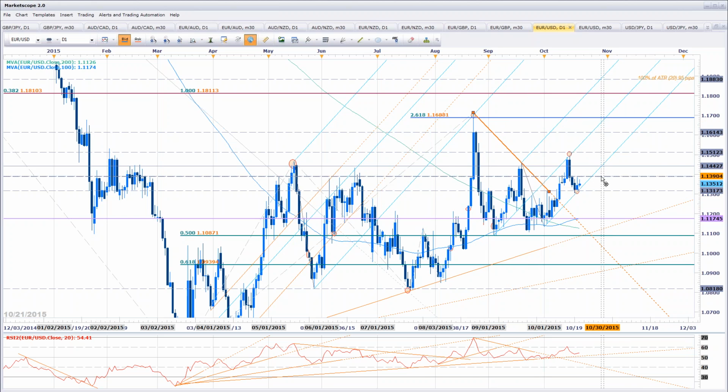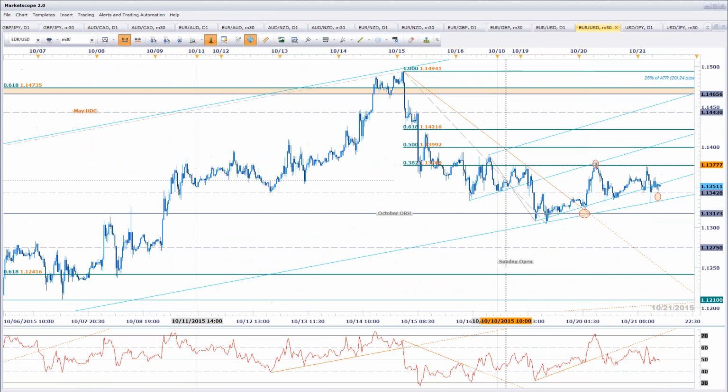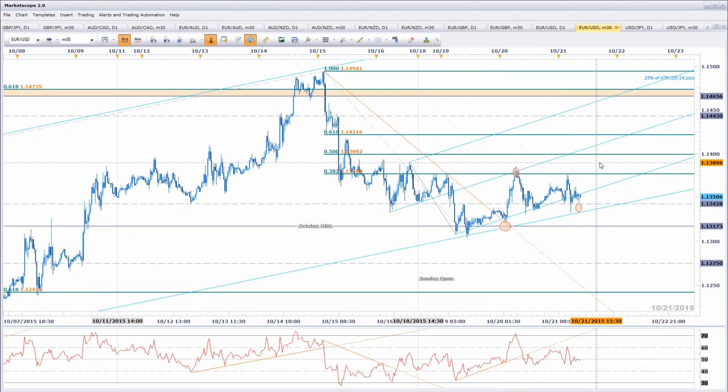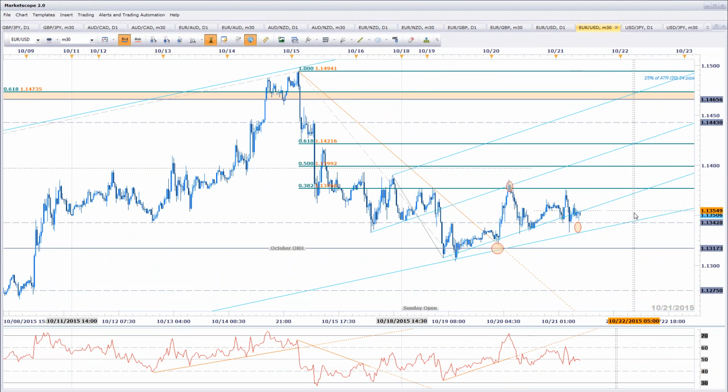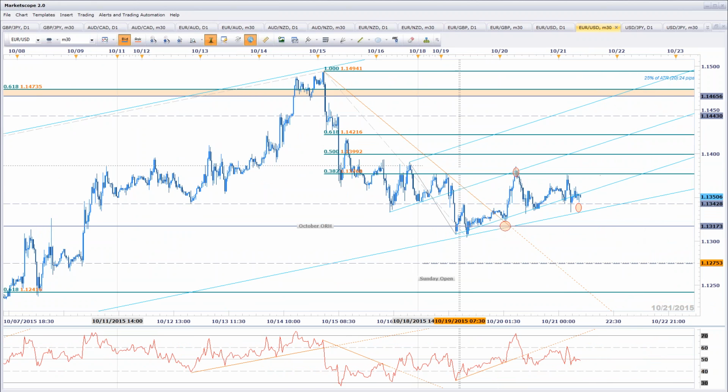If we get a topside break to the weekly opening range, which is still beautifully held below this 38.2, well, that's pretty simple too. We'd be looking for a rally back towards 114, 114.20. I think that leaves the door open for a push right back into the highs personally. But first things first, we've got to get through this weekly opening range, which is set just above support. Again, the ideal scenario for a weekly opening range break at support to break lower really gives you the conviction for the downside bias. Does that make sense, guys?